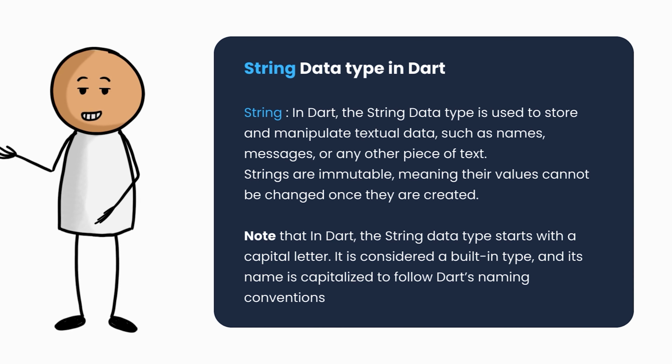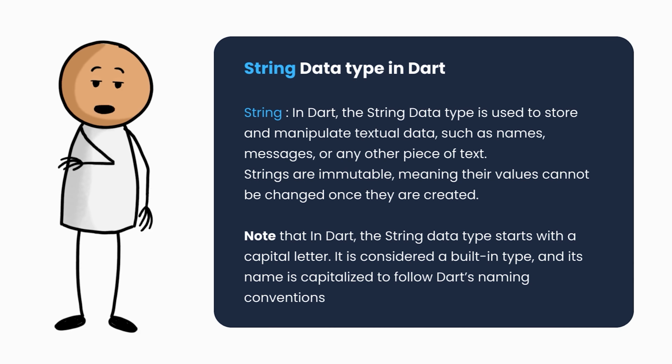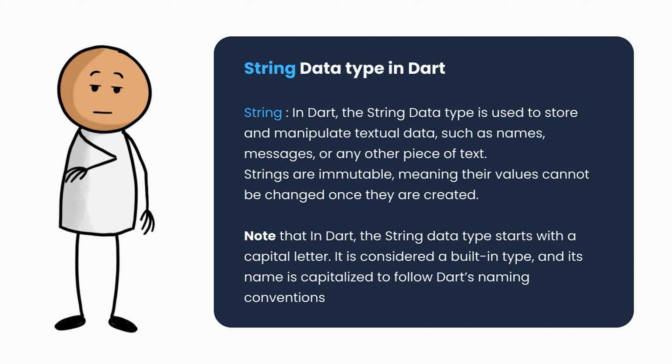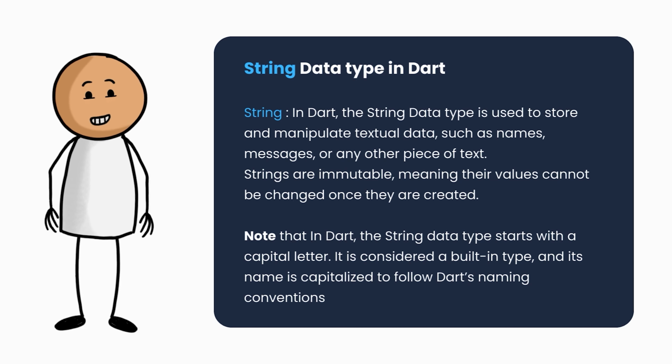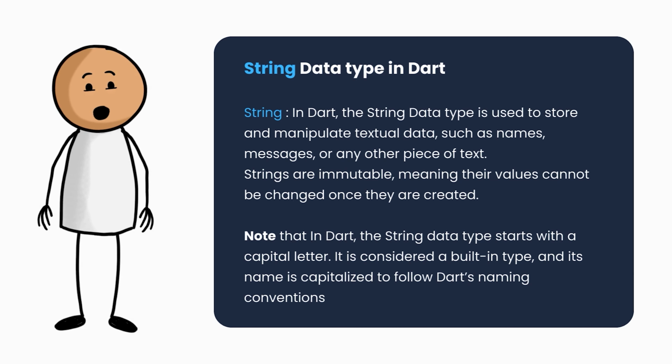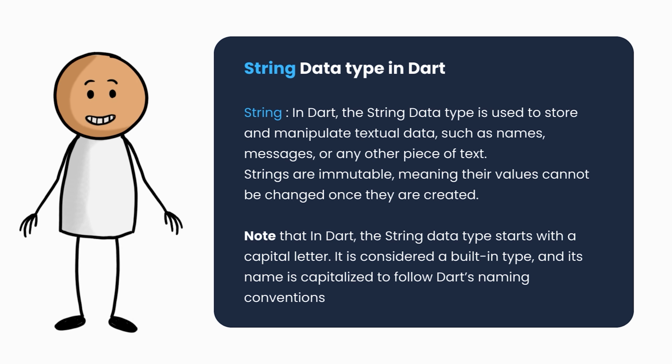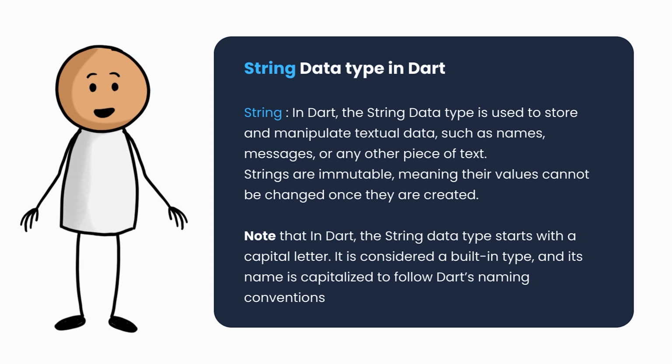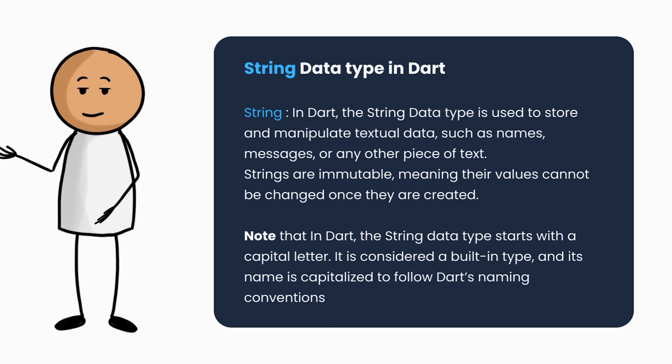Now let's look at string data type in Dart. The string data type is used to store and manipulate textual data, such as names, messages, or any other piece of text. Strings are immutable, meaning their values cannot be changed once they are created. For example,